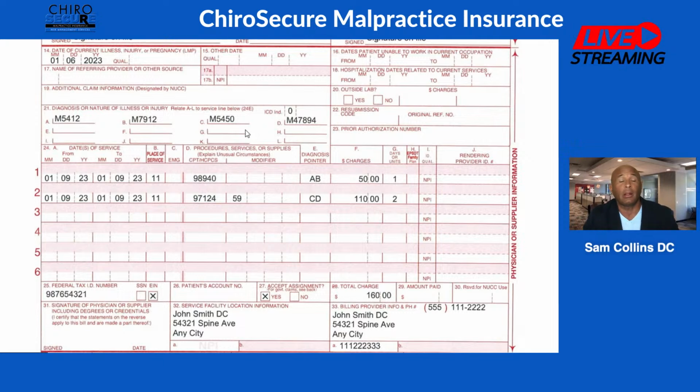Because a lot of us, when you bill a claim out, when you put four diagnoses, what happens? This just puts A, B, C, D. So what are you telling them? Well, I did all the regions. You've got to be very specific to keep the regions separate. That's what makes this code so hard.